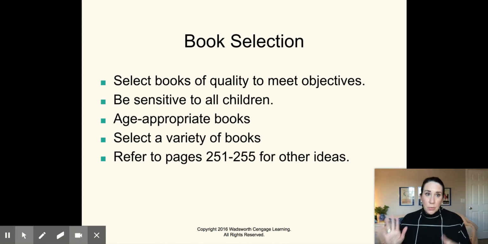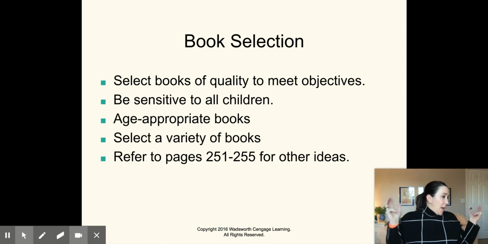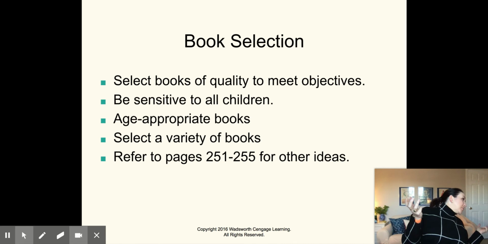This whole chapter will help you figure out how to pick books for children, but you want to make sure that you're picking things that are age appropriate, that you have a variety of books in your classroom, not just picture books. You want informational books. You want nonfiction and fiction. You want books that are even well beyond your children's ability reading wise, but may have things that appeal to them